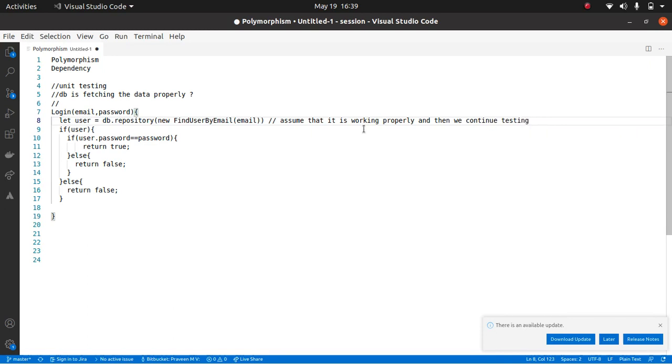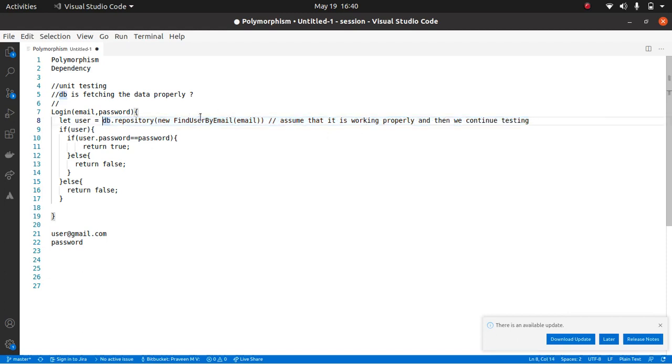But now the problem is, in the test case, if the db.repository gives me some other user, how can I continue? Say for example, I want a user with the right password. I'm going to test with a user whose email ID is user@gmail.com and his password is password. Now if I have not created the user in the database, I have not set the password, when I call db.repository, how will it give me the right thing?